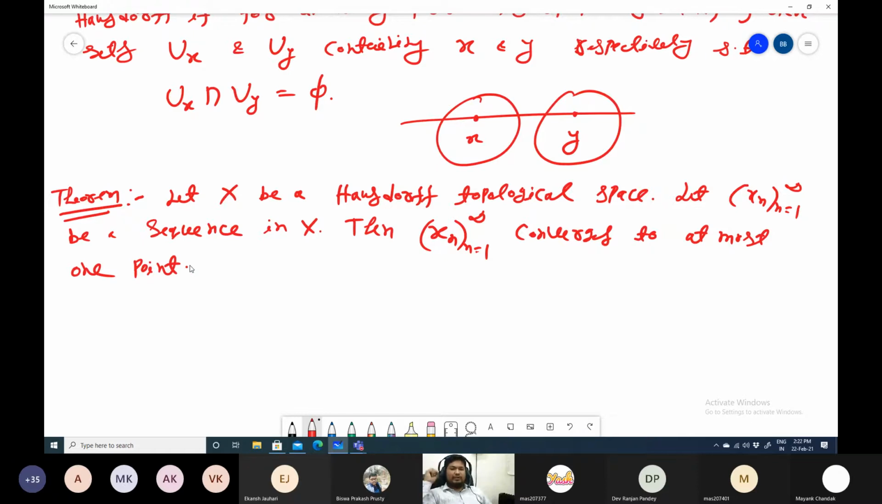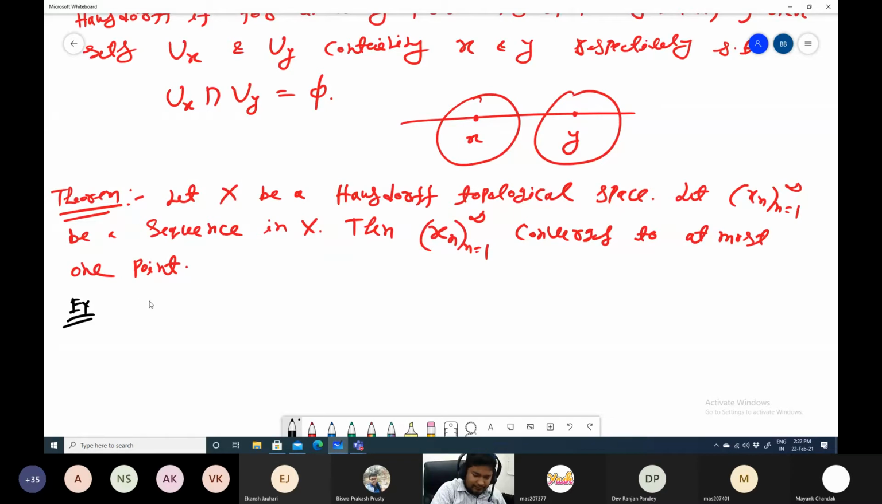That is very important. It says that if you have a Hausdorff topological space, and you take any sequence which is convergent in the sense that it converges to a point, then the limit is always unique. That means a sequence converges to at most one point. But if a topological space is not Hausdorff, a sequence may converge to 2 points or more than 1 point. For an example,